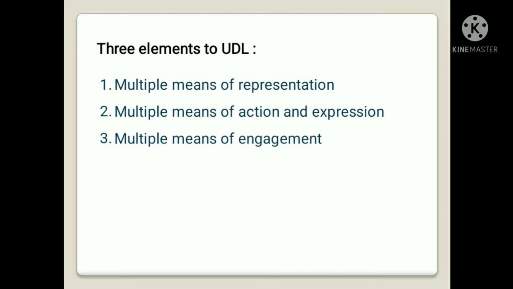Universal Design for Learning has three elements. First is the multiple means of representation. In UDL, teachers are supposed to present information and materials in many different ways, taking into consideration that some students may not have fully absorbed the lesson the first time it was presented. The concept of multiple means of representation is meant to ensure that all students are able to access and understand